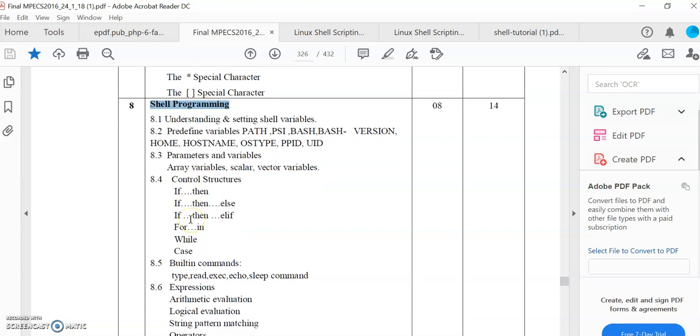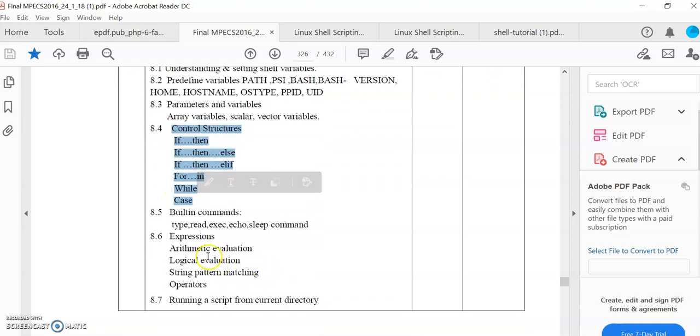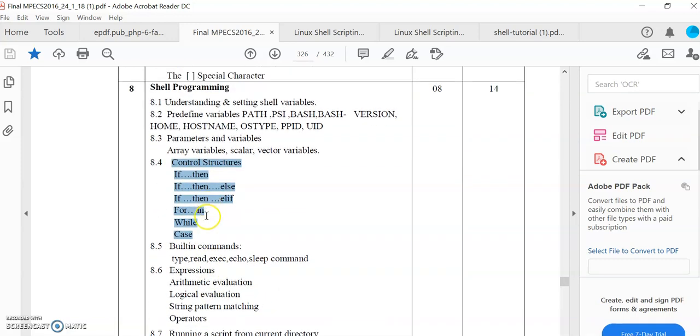For executing and writing that shell program, we need to learn some syntax, just like we need to study variables, then the array concept, then the looping concept, and control structures. So these are some basic requirements we have to learn, and after that we can write programs in a shell script, just like we have written programs in the C language.